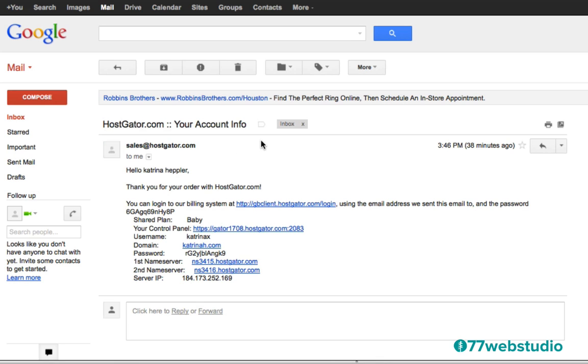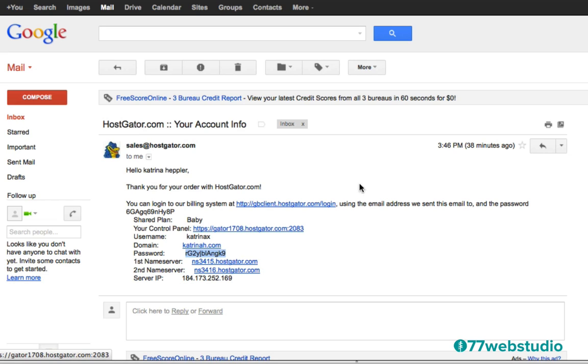So I'm going to click this email to open it, and I want to point out two things. Number one, the first link that they'll share with you in the email is the billing system link. So if you want to check out any info related to your billing, you can go ahead and click on this link and use the password that they give you. And then right below that, you'll see that there's a link for your control panel with your username and a temporary password. So I'm going to copy this password here, the temporary password,